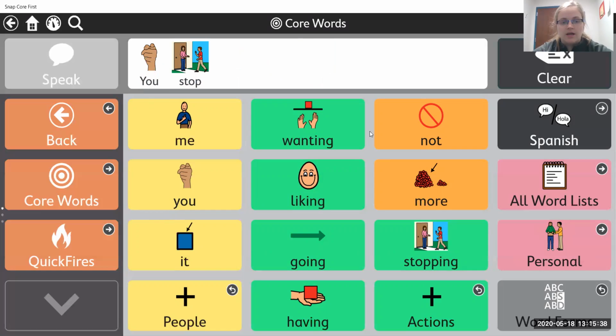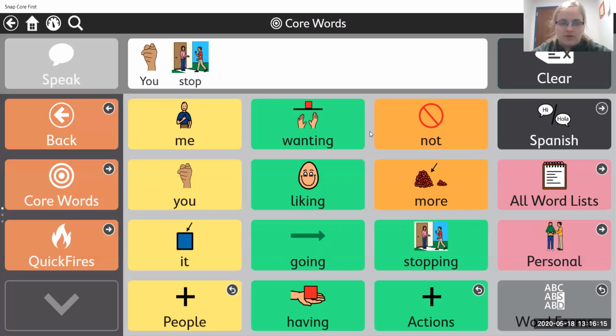So for example, you go to a doctor's appointment and you want to share what's bothering you and how you're feeling. And maybe the doctor is asking your staff or your parent the question, like, oh, how are they feeling? You know, and things like that. And you can say, you stop, just to say that I want to answer this question.